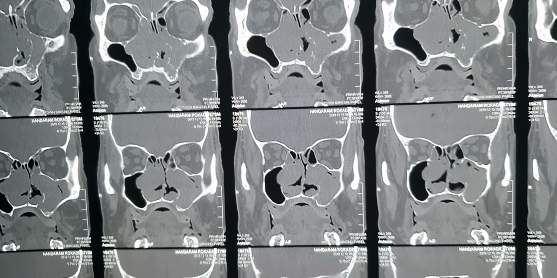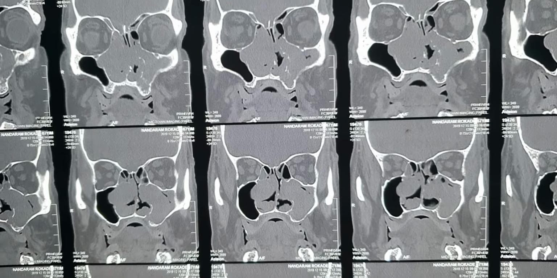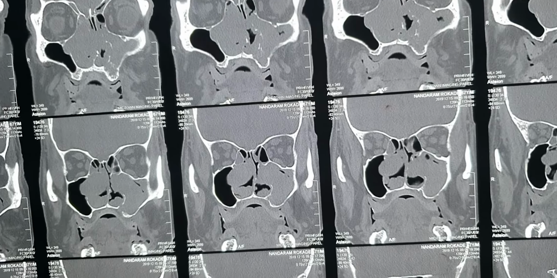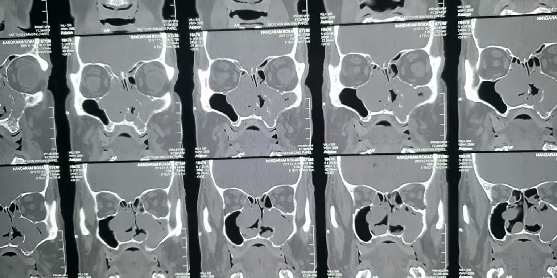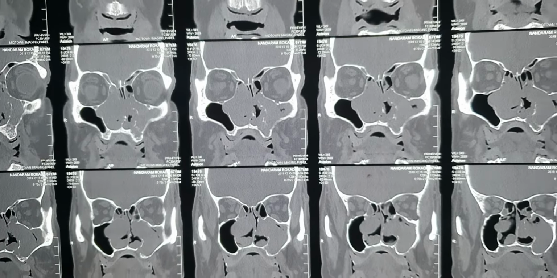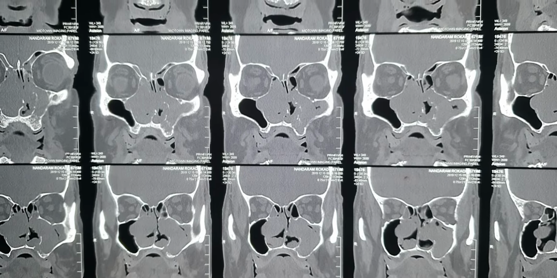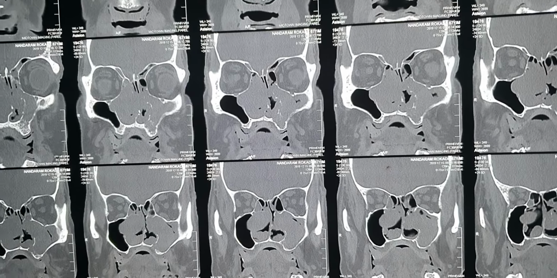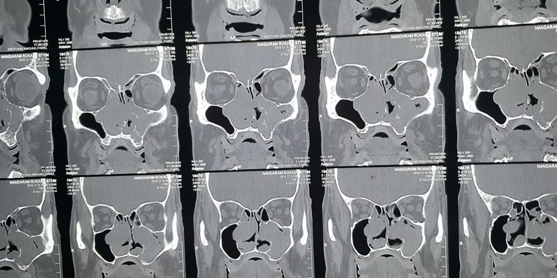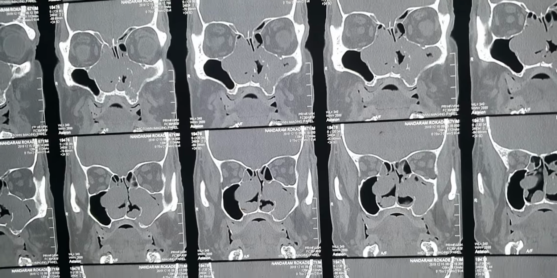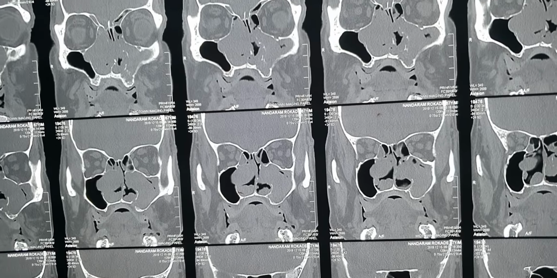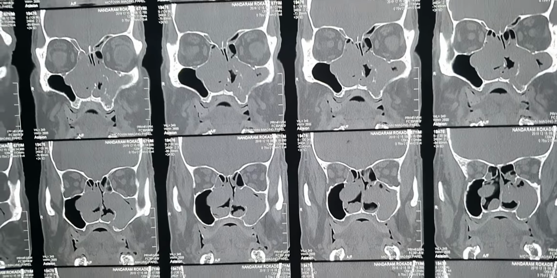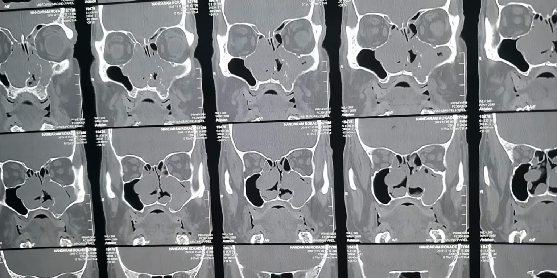So to be on the safer side, we got this patient's biopsy done, and the biopsy report came to be a case of nasal histiocytosis. Now, it is very interesting to know that this patient is a 67-year-old male patient. That is, he's an elderly patient, and this patient came to be a positive case of nasal histiocytosis. Now, nasal histiocytosis could be of various types. It could be Langerhans cell histiocytosis, or the second variant could be